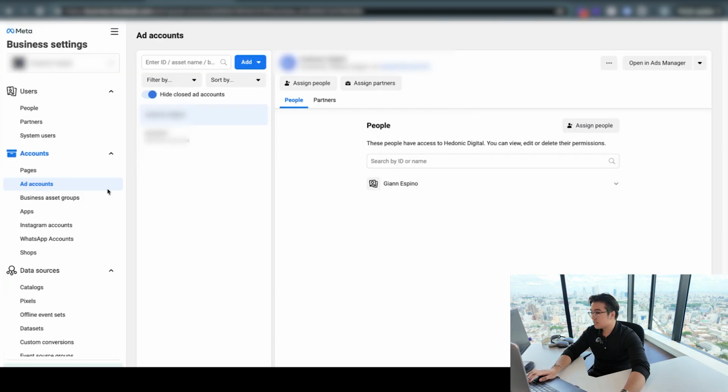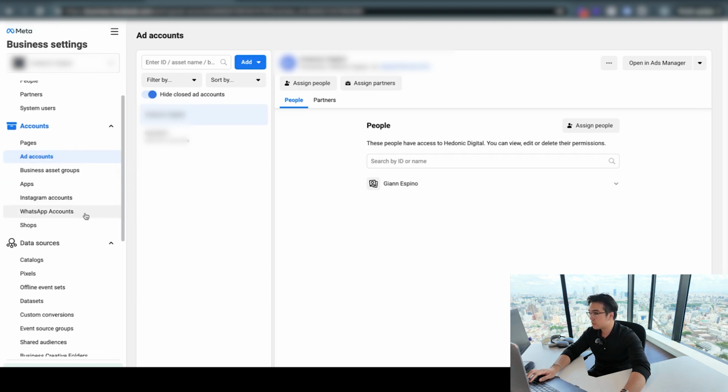Easy. All right, next, it'll redirect you to add billing information. So just add your credit card information as well. Make sure to never use PayPal. If you want restrictions and banned ad accounts, use PayPal, but just use your debit or credit card or your Amex. Okay, so we created a Facebook page. We've linked your Instagram account. We've created an ad account.